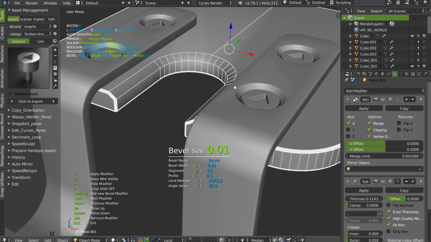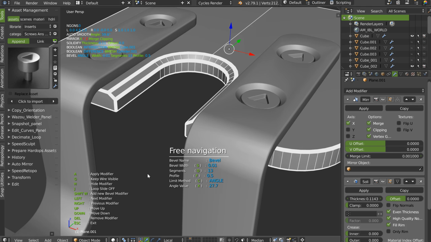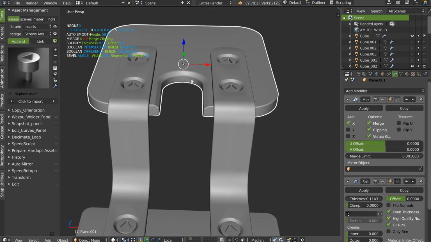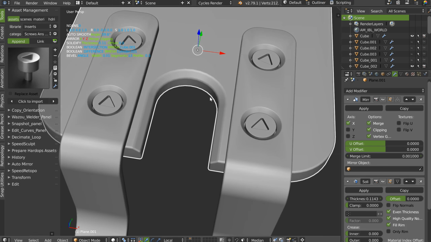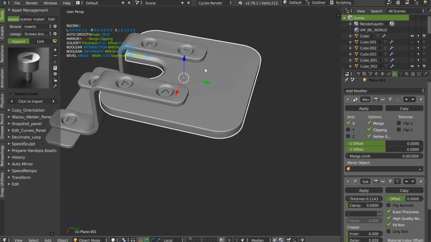It was on the bevel. With the arrow I can change, but I have only one bevel, so it's in angle. With X I can change the value. Like this. And now, as you can see, I have a good result. I have everything I wanted, and this is really nice.